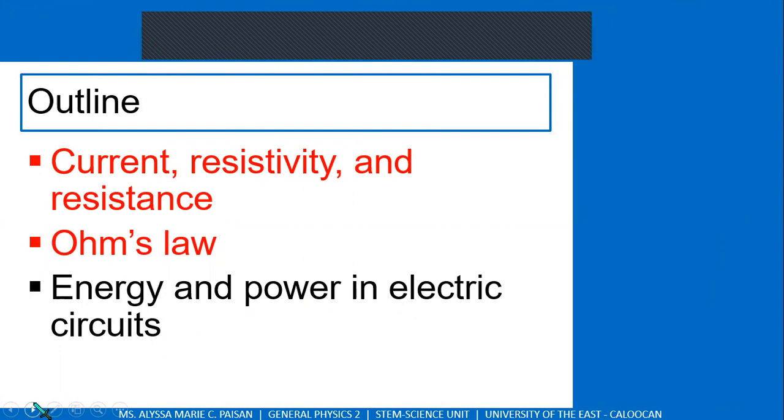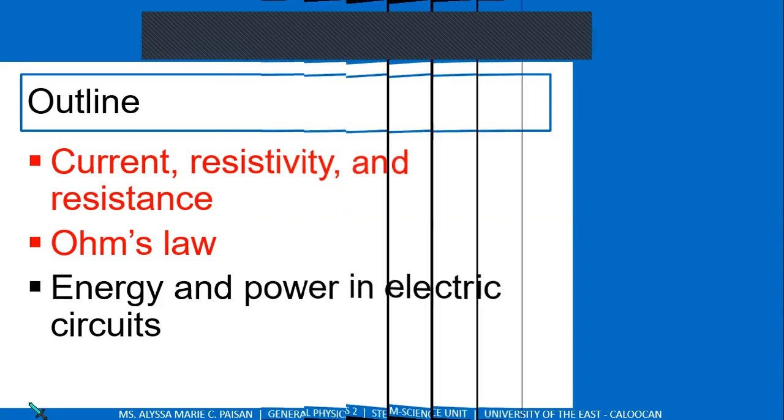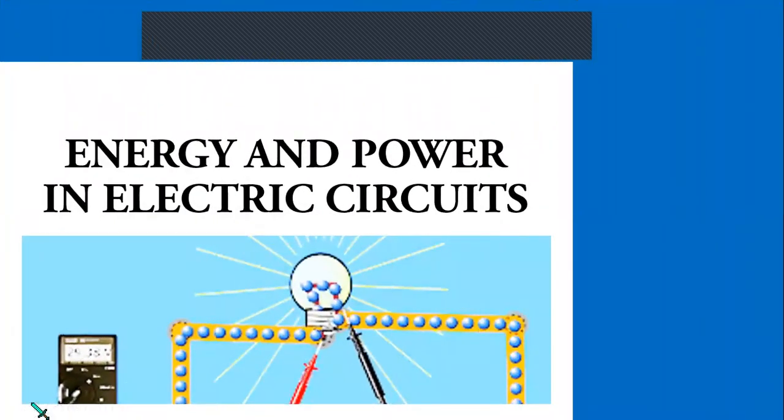And today, we're just going to discuss energy and power in electric circuits, because we know that's the main purpose of our circuits, to convert whatever kind of energy it is into electrical energy. And in the process, since energy is dissipated or energy has been used, power is present, no? So let's discuss